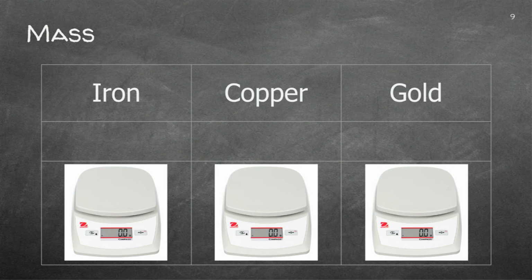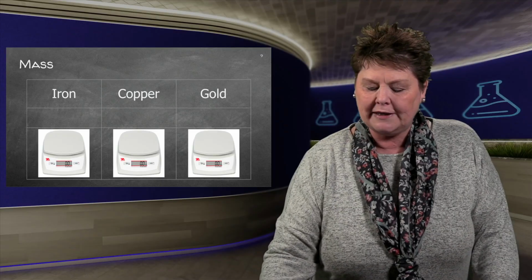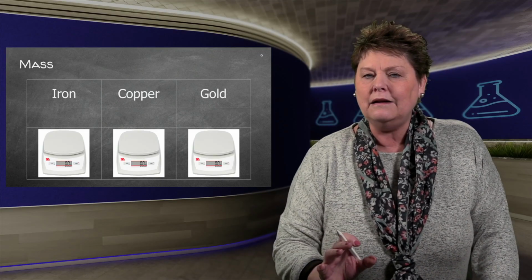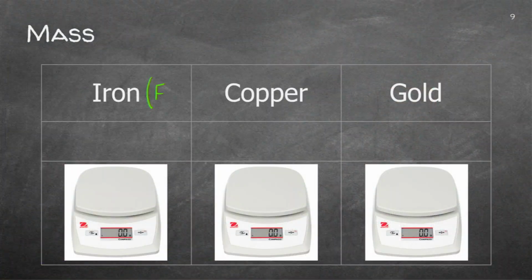Let's continue. Iron, copper, and gold. See quickly if you can find those elements on your periodic table. It's in the middle, so have a look. Just for those who forgot, iron is Fe, copper, Cu, and gold, which we don't often use, Au. See if you can find those 3 elements. Quickly have a look at your periodic table.